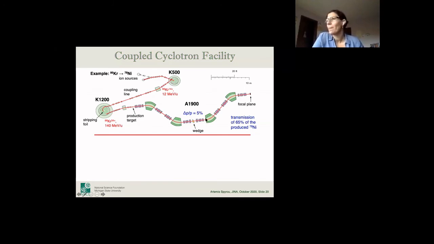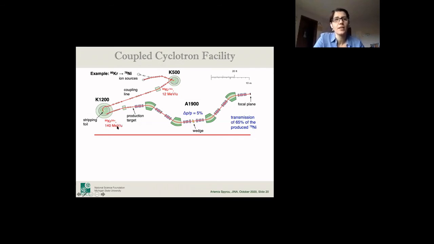Okay, so the way the lab produces the radioactive beams, you have to start with a stable beam. You cannot do anything else. This is what's available on Earth. And let's say we will start with krypton-86. That's one of the stable isotopes. And our goal is to produce nickel-78. That is quite an exotic isotope, actually. So you would get your krypton-86 accelerated through the 2 cyclotrons that we have here. And now out of here, that's 50% the speed of light, or in terms of energy units, we say it's